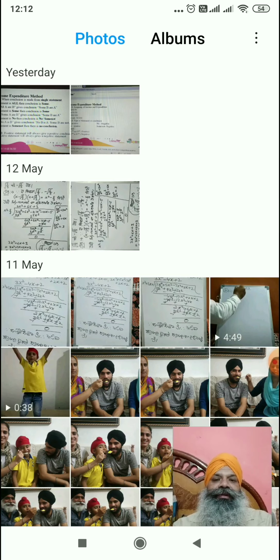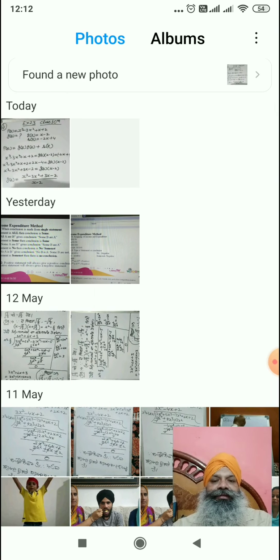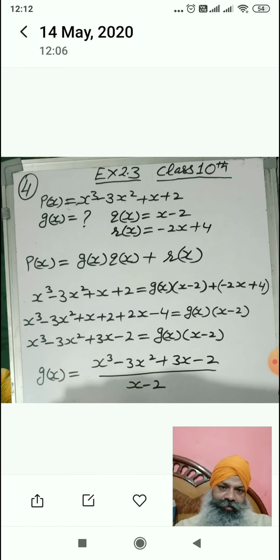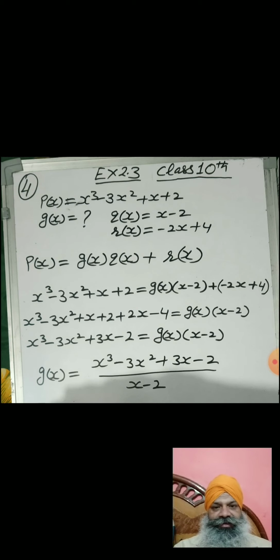Yes, now you can see on the screen the fourth sum of exercise 2.3, and when we solve this sum, we will complete the second chapter of 10th class. Okay, now let's solve this sum.